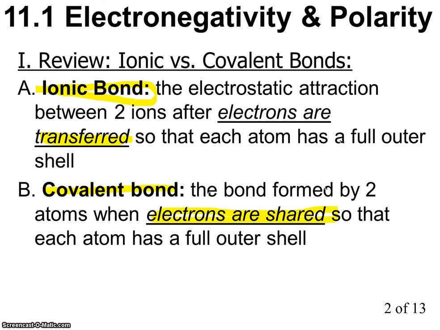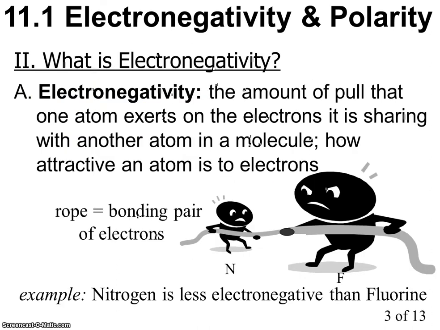When looking at a molecule, you can also determine whether the bonds are ionic, because you will generally have a metal and a nonmetal, and covalent bonds are always formed between 2 nonmetals. So if you look at the elements that are making up the bonds, then you can determine whether it's ionic or covalent. So what determines polarity and what makes the bonds be evenly or unevenly shared is this idea of